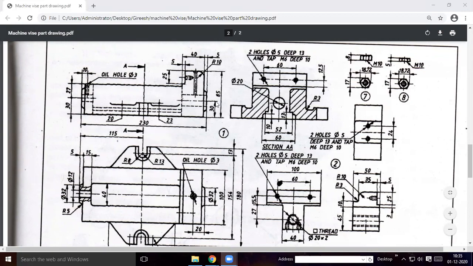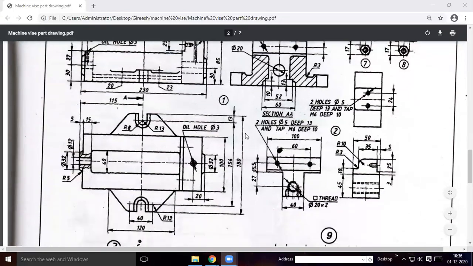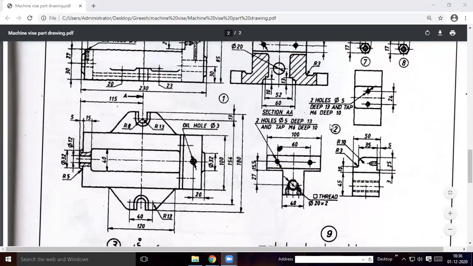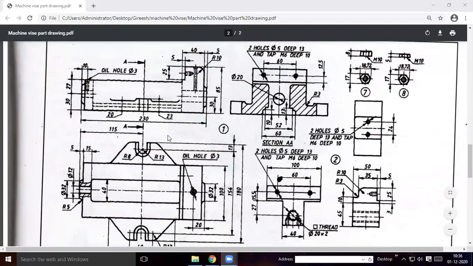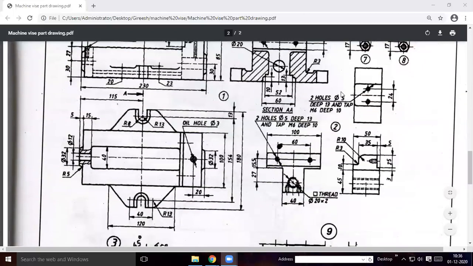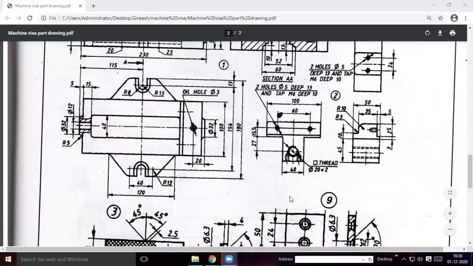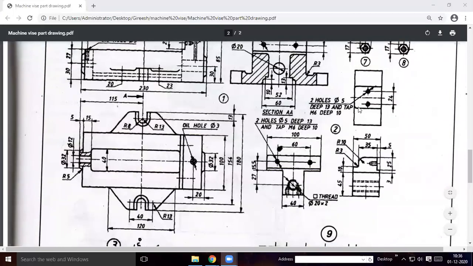As you see in the main body, you have 3 views: front view, top view and left side view, which is projecting on the right profile plane. Similarly, in the second body also you have 3 views: front view, right side view, and bottom view. Most of the time you see the top view, but here the bottom view is given because there are screw holes in the bottom. In order to locate them properly, the bottom view is used. Depending upon the features present in the 3D component, the views are given.